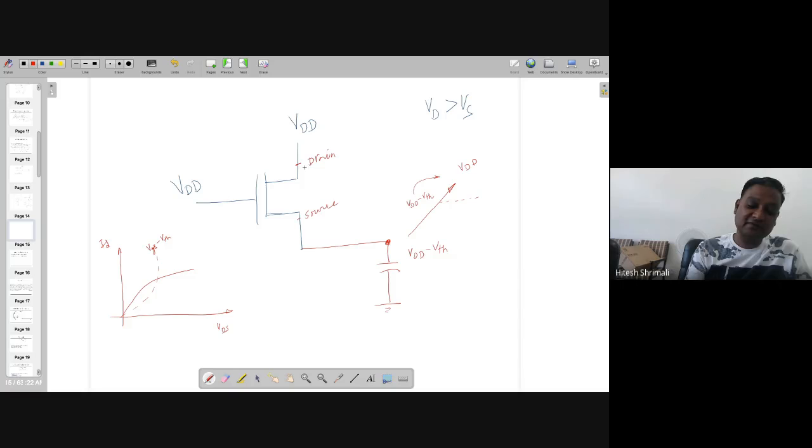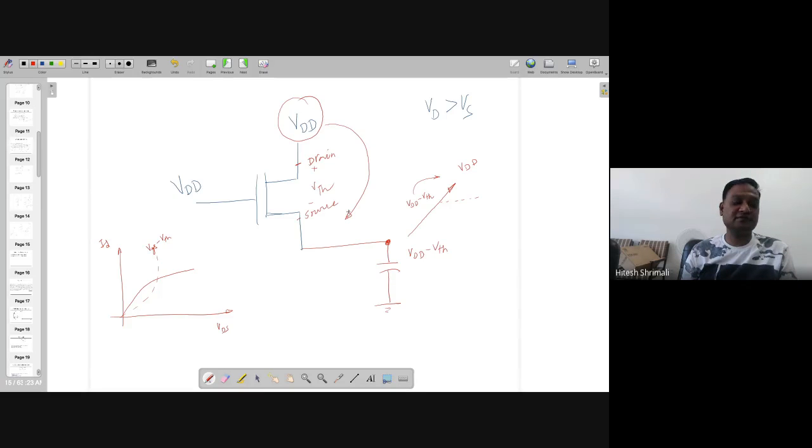So here you can say that however hard you try, you can't achieve this source more than VDD minus VTH. It's impossible. You can get lower than this one, but not more than this one. So this clearly signifies that there is a drop of VTH over here. And whatever we are going to see here is VDD minus VTH. So at the best case, in the NMOS, if you are connecting this to VDD, you can transfer here